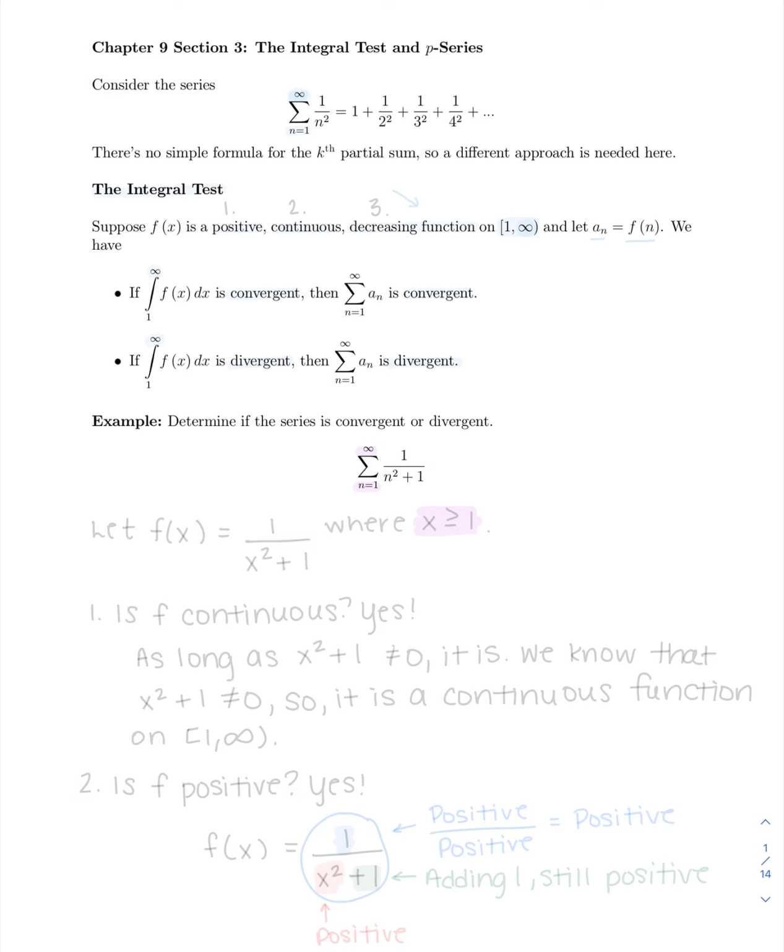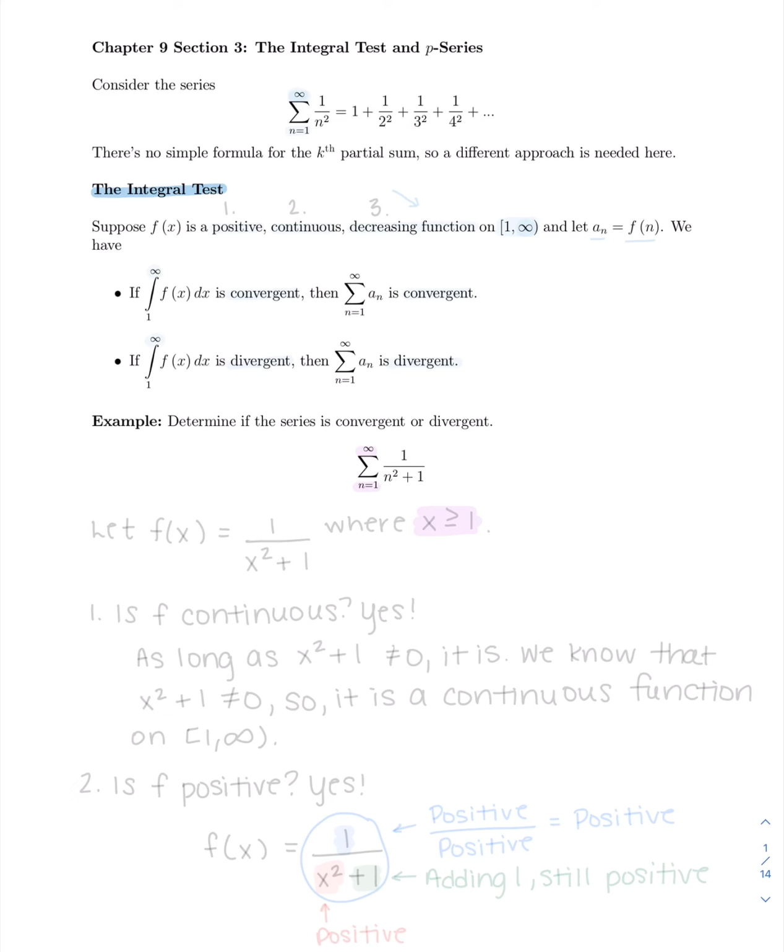We could try to come up with a formula for the partial sum so that we could take the limit, but unfortunately, there's no good formula for this, so we'd have to use a different approach. So the question is, what do we do when we can't use the partial sums? Well, we're going to use what's called the integral test, which is what we're going to go over next. The integral test